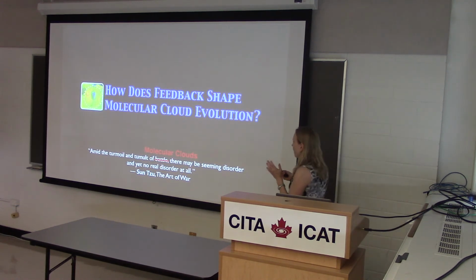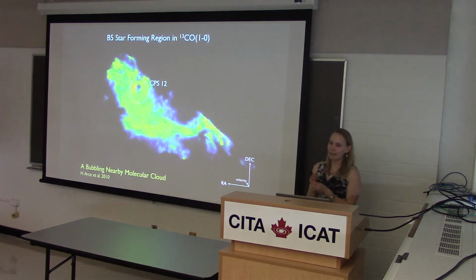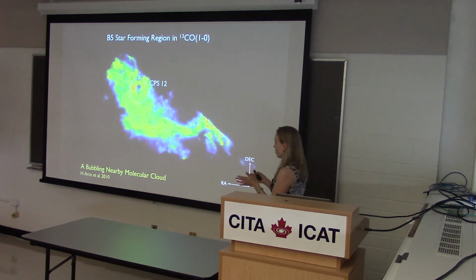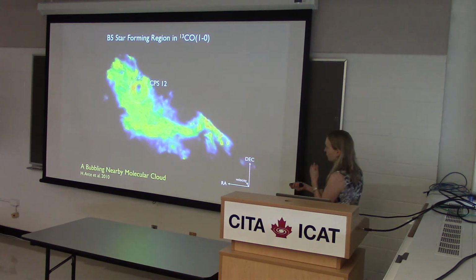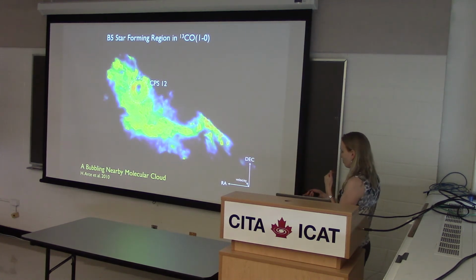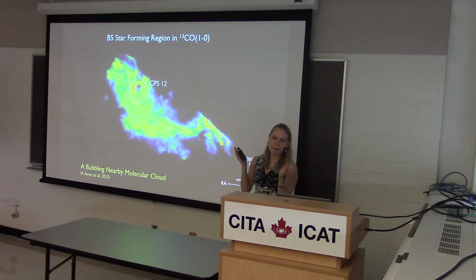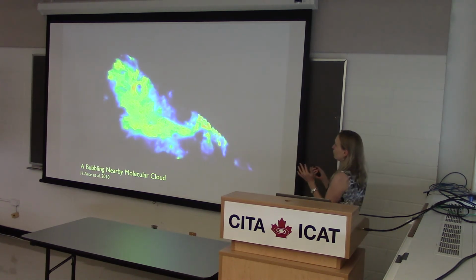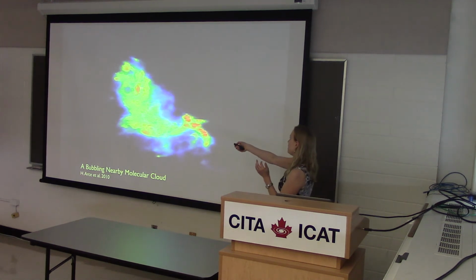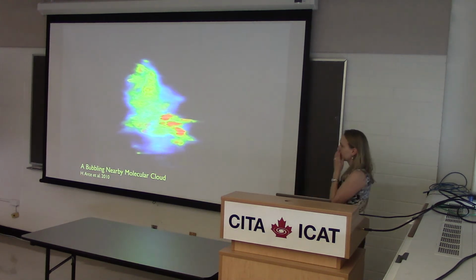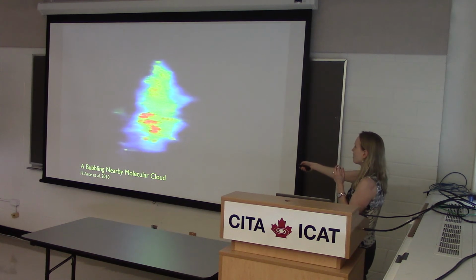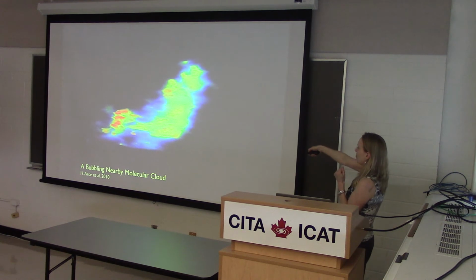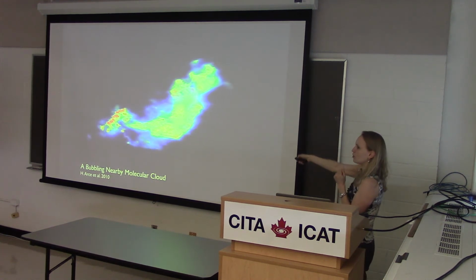All right, so I first became interested in feedback in the form of winds when I started my postdoc at the CfA. Hector and Alyssa Goodman had just published this paper, which looked at a very extensive survey of Perseus in 12CO and 13CO, and they identified all of these large shells, right? This is actually position, velocity, and now this is velocity. You can see the outflow sticking out here. And then in position, we'll see the shells again, right? So there's these big holes in the